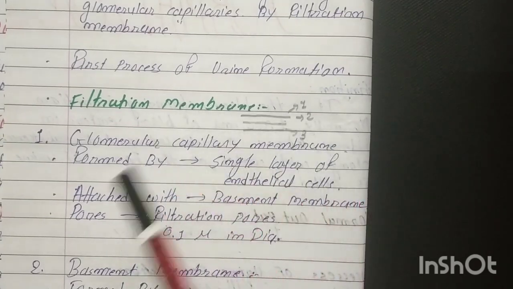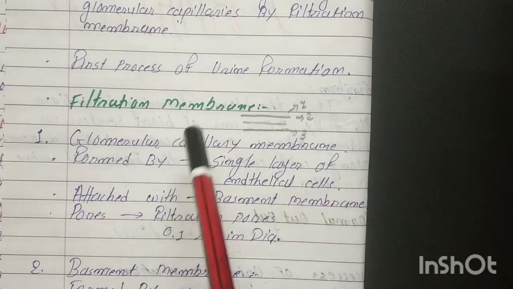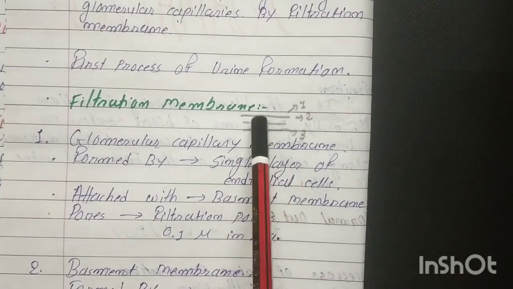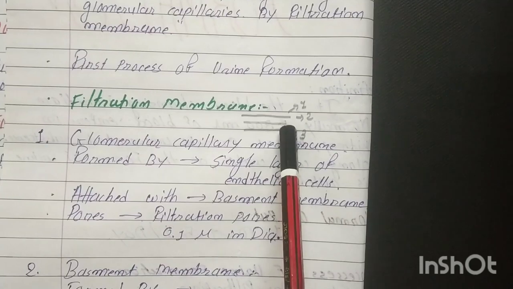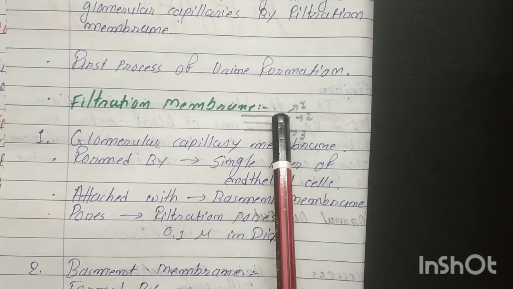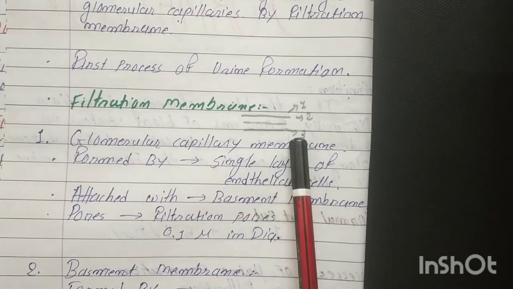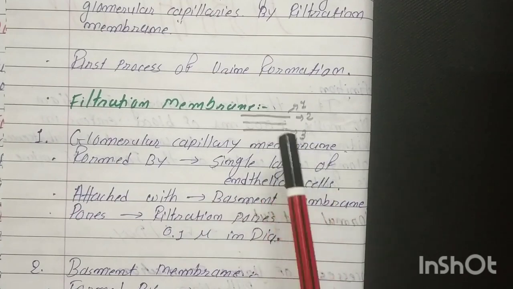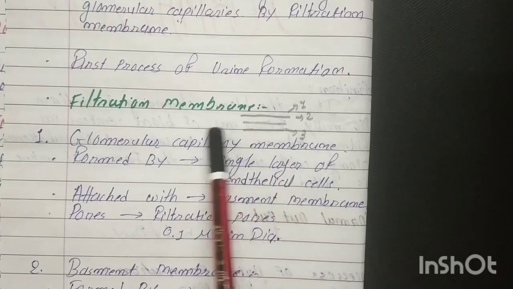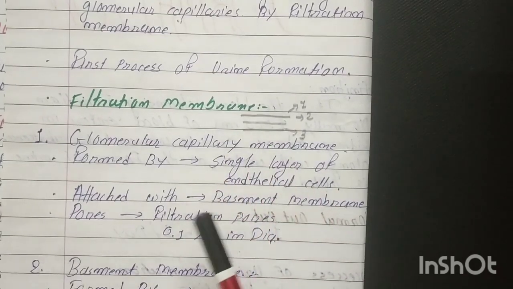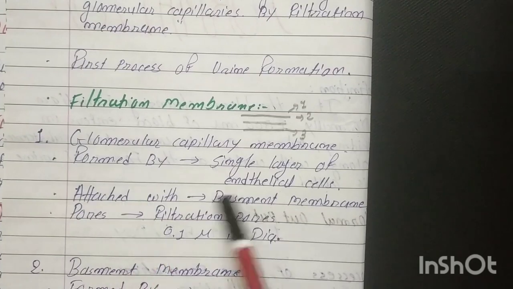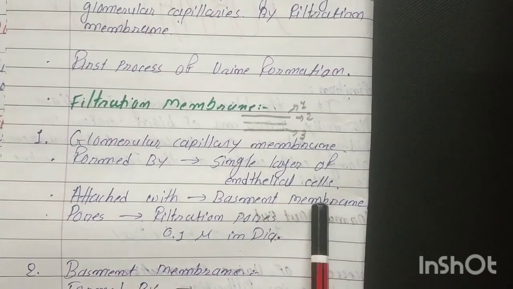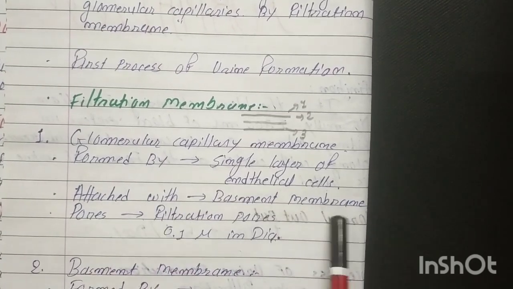When we see all these membranes in detail, you can understand that the basement membrane is formed by these layer cells, and the visceral layer of Bowman's capsule cells are also involved in formation of the basement membrane. So again, let's see the glomerular capillary membrane. It is formed by the single layer of endothelial cells, and it is attached with the basement membrane,